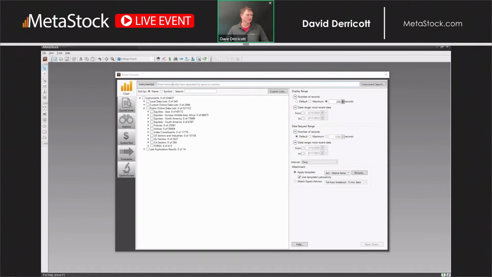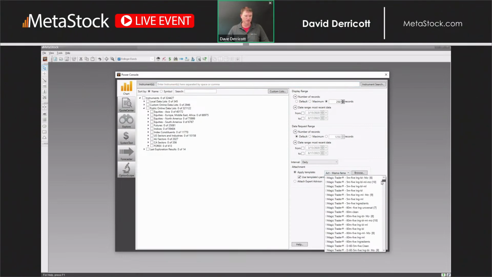For those of you that haven't used MetaStock before, MetaStock is a full charting analysis tool with scanning, back testing, and signals when to buy and sell, as you saw on the slide that I just showed. But since we're talking about a specific add-on, I'm going to go ahead and just use that for now.